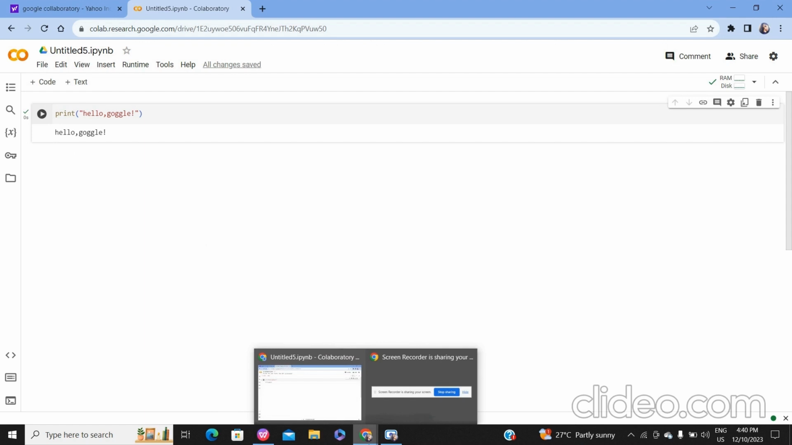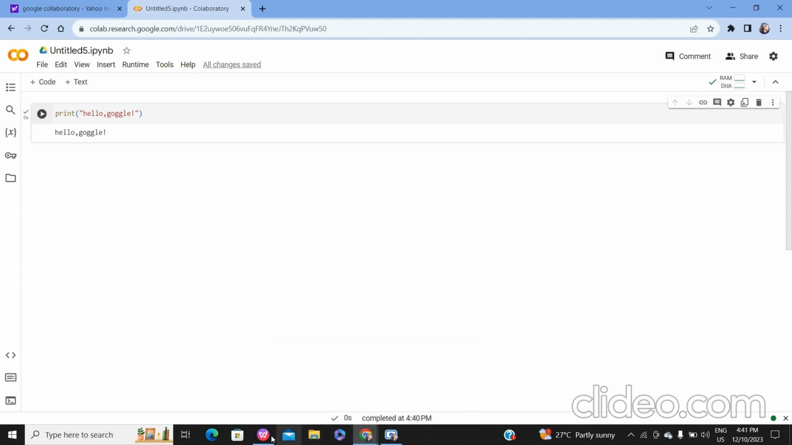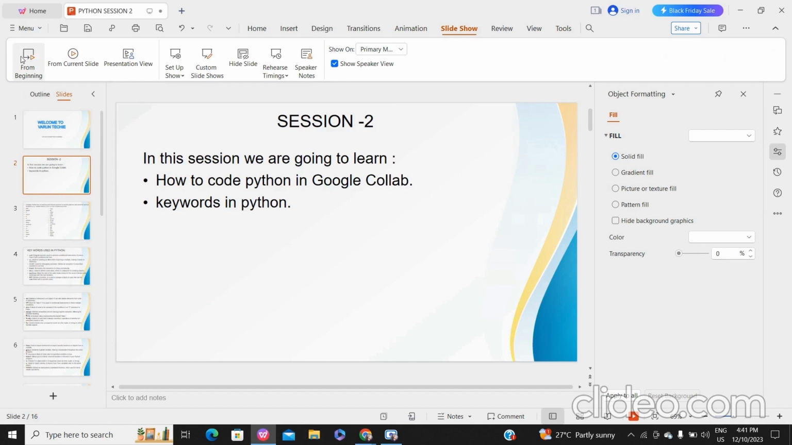After running the cell, you should see the output below the cell. Google Colab also provides support for adding text and visualization, installing libraries, and working with various data formats. Feel free to explore the interface and take advantage of the available features. Now, let's discuss